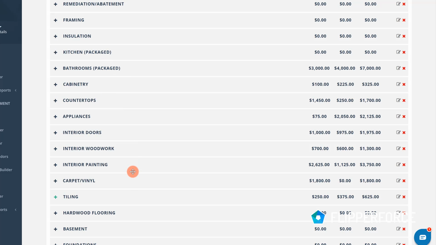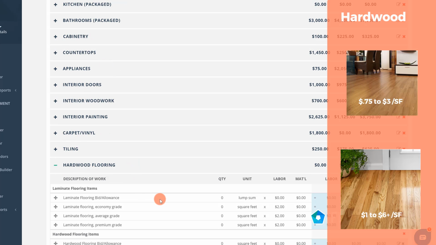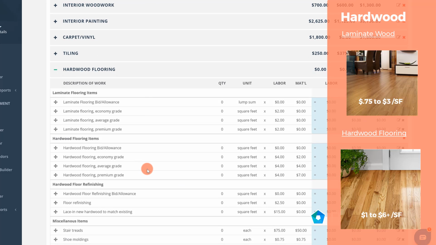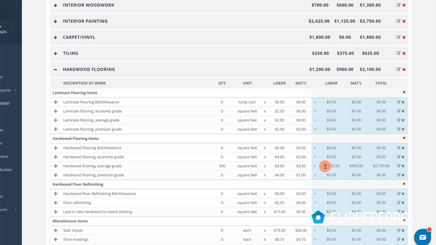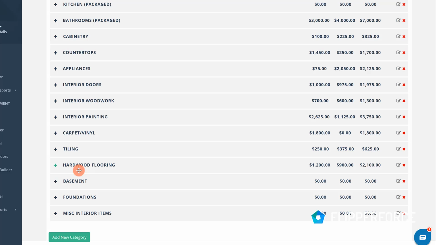And then hardwood flooring is our other finish item. So we've got laminate flooring, and then we've got hardwood flooring. We're just going to do an average grade flooring here, and we've got about 300 square feet. We're going to change this to more like $3 a square foot, because we can actually get pretty good hardwood floor for $3 a square foot. So I'm just going to change that down to 3, and you can see our budget of $1,200 for the install, and then $900 for the material. And I think that's it